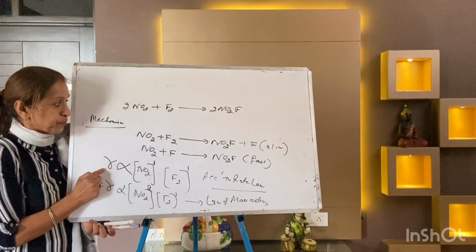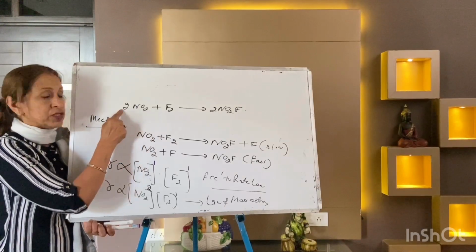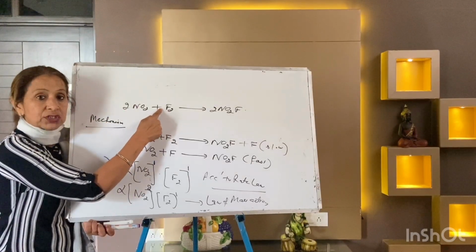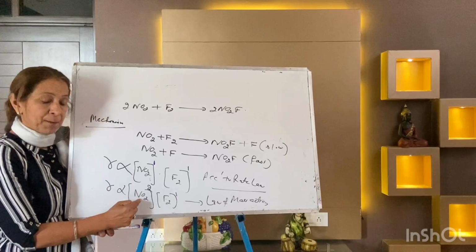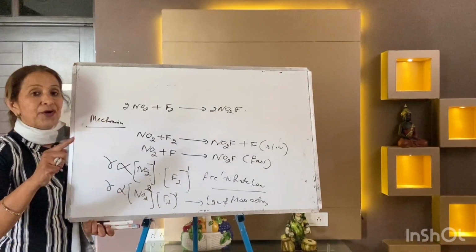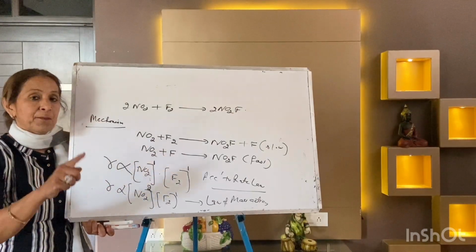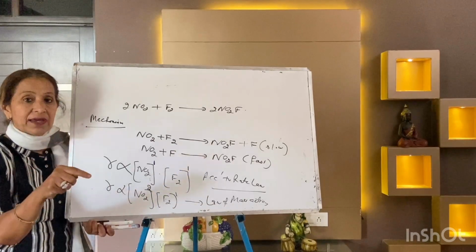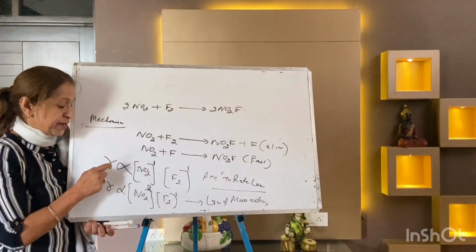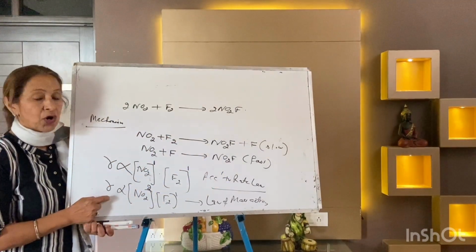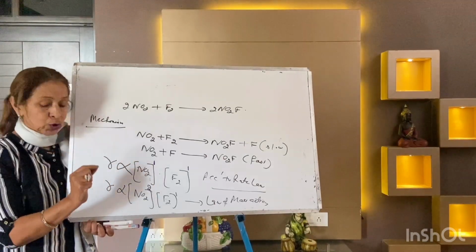I am taking again, you can see this is the overall equation. In the overall equation, your moles of NO2 is 2 and moles of F2 is 1. This is the overall equation, and law of mass action uses the overall. R proportional to NO2 power 2 and F2 power 1. But rate law never depends upon the overall, it always depends upon the slowest step. The question is why? And remember students, rate law is the actual rate and it is the true rate. Law of mass action is not the true rate. Now the question is why? Rate law tells us the actual rate of reaction.